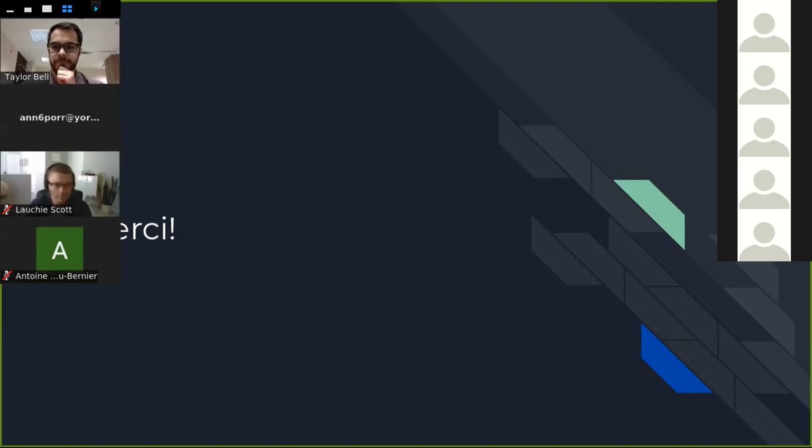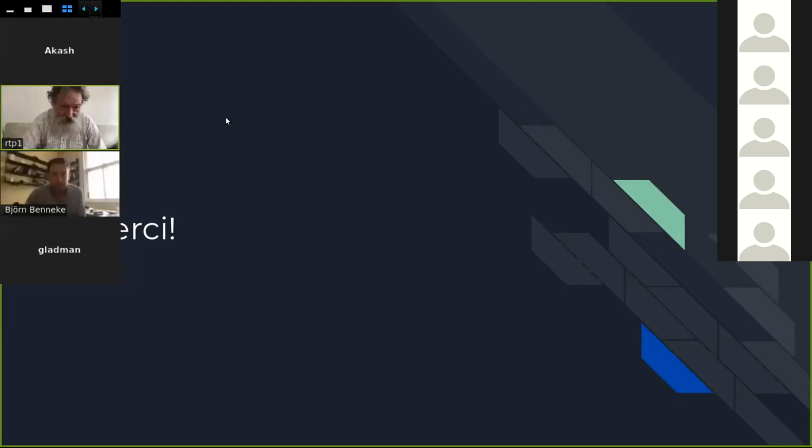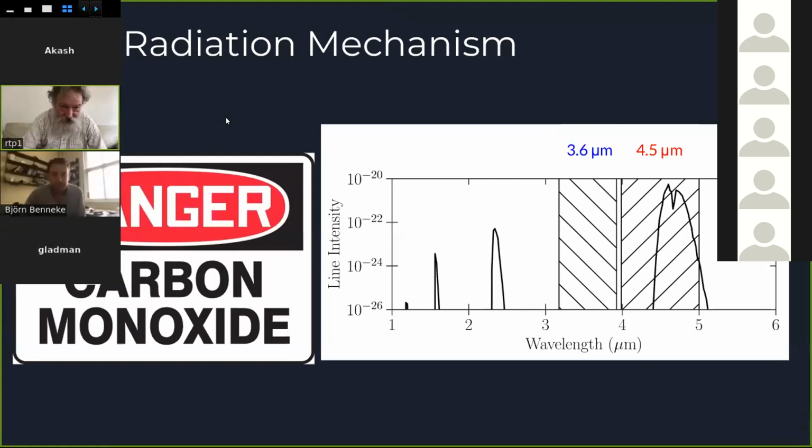Well, actually, your picture of the carbon monoxide dissociation, are you saying that at those temperatures, the CO should already be dissociated before it ever has a chance to escape? So it shouldn't be thermally dissociated. Carbon monoxide is stable to about 4,000 or 5,000 Kelvin. It's the strongest molecule in existence,